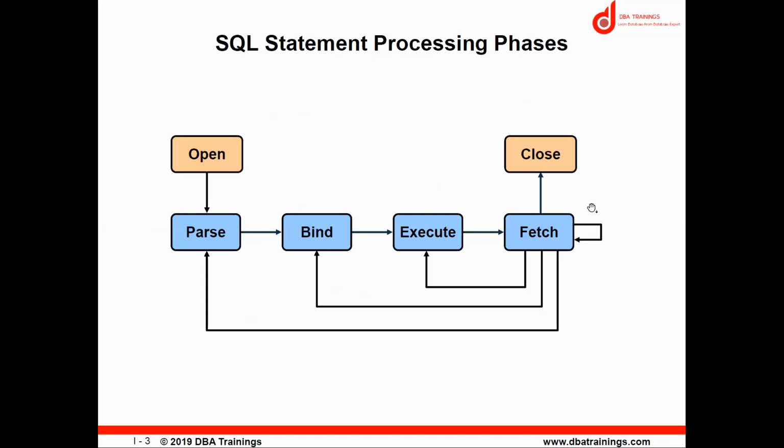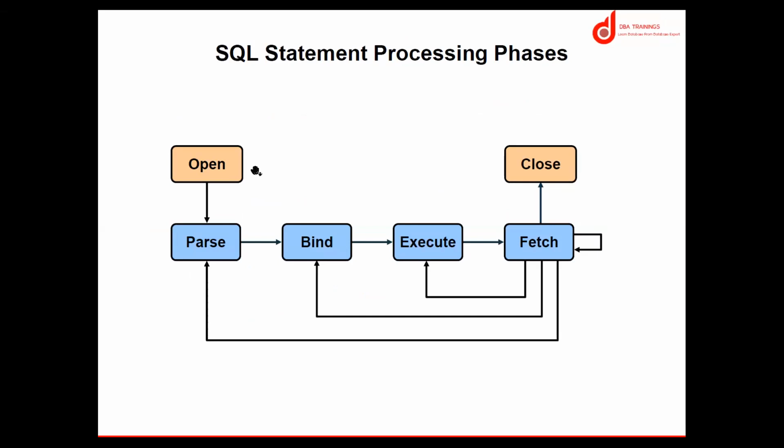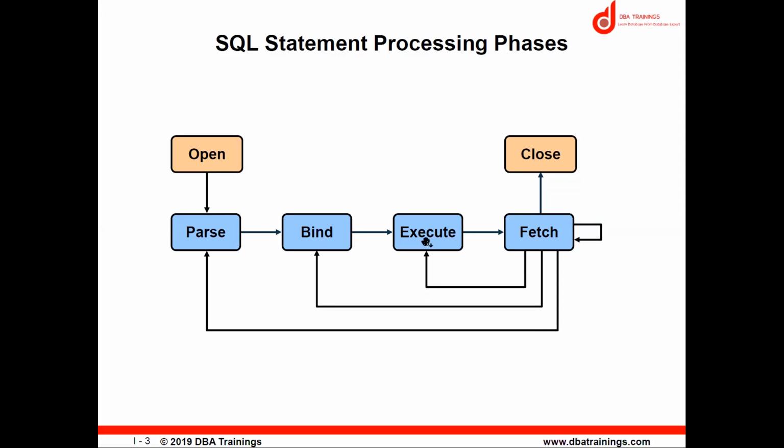So SQL statement processing. By default, whenever your SQL is going to run against your database, any SQL which is running will go through various phases, the first being parsing. So we need to understand how my SQL processing is happening in my database. Got it? So by default, when it is running, if you can see here, the 4 blue color marks. These are the 4 pillars for executing any of your database query.